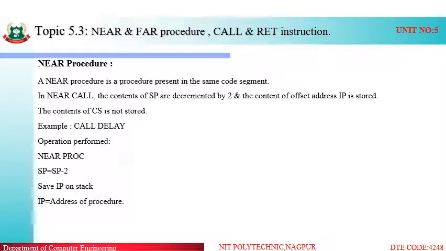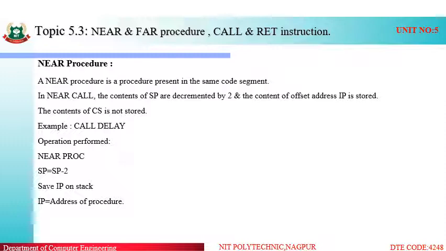A near procedure is a procedure which is present in the same code segment. As we all know, we also call the procedure a subprogram. So the subprogram in which the procedure is placed in the same code segment as the main program, that type of procedure is called a near procedure.